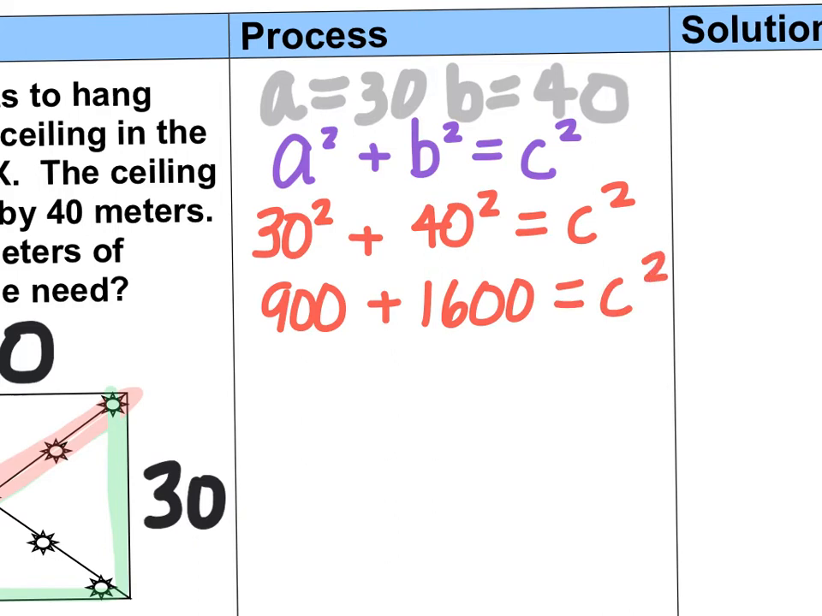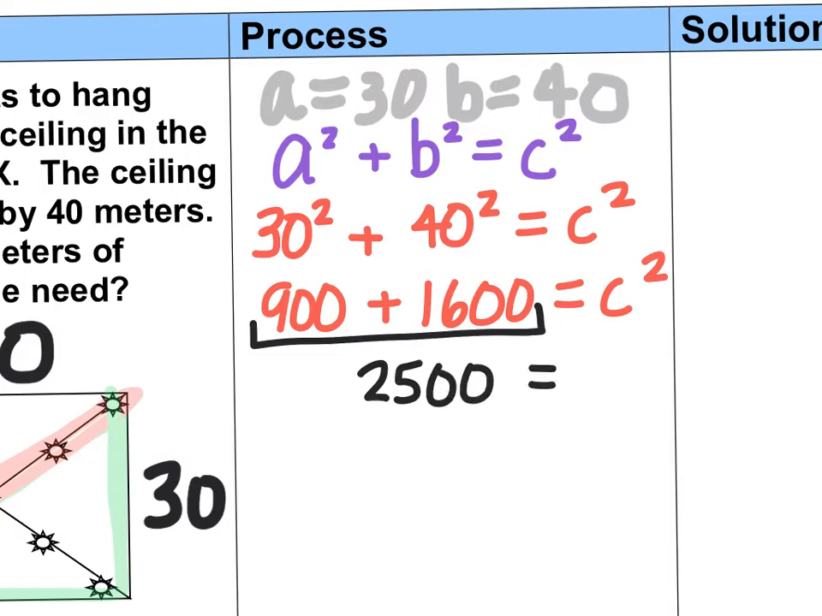We're trying to simplify this problem. These are on the same side, so let's combine them first. So 900 plus 1600 is 2500. 2500 equals c squared. Let's isolate this c by finding the square root of both sides. So c is equal to